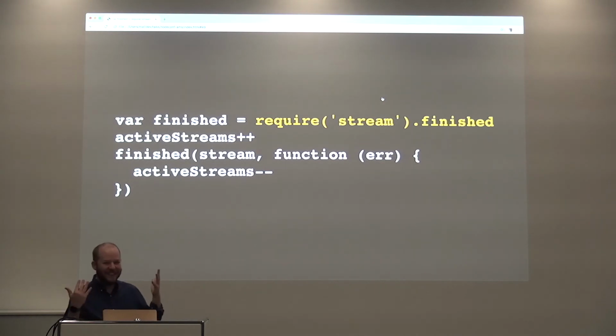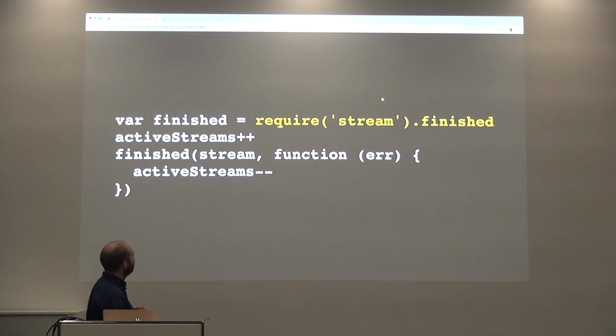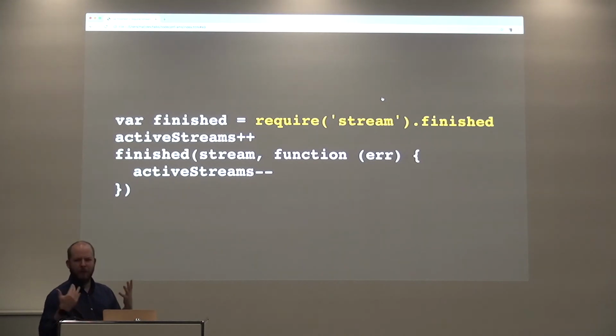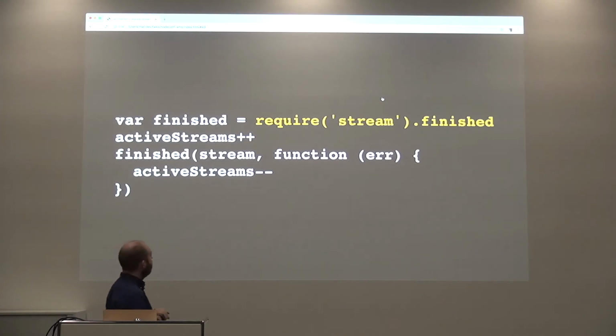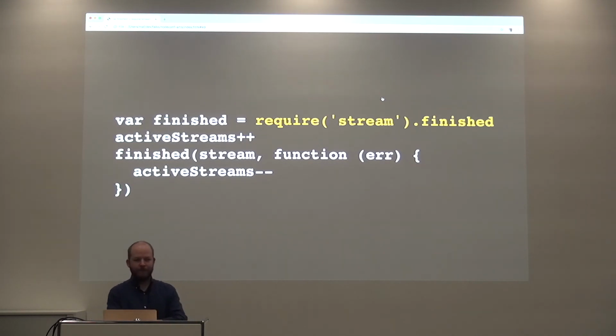We called it finished. I don't know why we called it finished, but it's kind of nice. I think it's in Node 10, which is probably what we're all using now. Then you can just require stream and get the finished method. So that's what you should do now if you're doing anything with streams. You want to know when it's done. Use the finished thing.